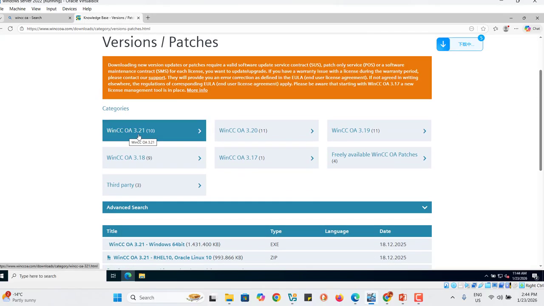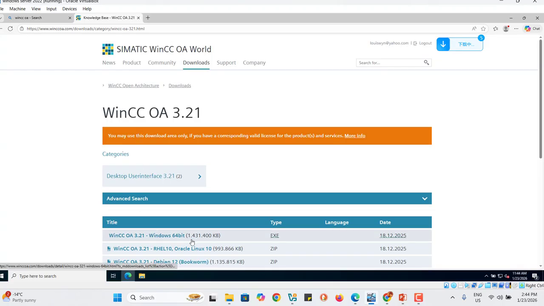WinCC OA 3.21. This is a very new version, just released last month. Okay, I just installed this one. I've done it already. If you want to install WinCC OA 3.20 or 3.21, you should know the requirements: just install Windows 11 Professional or Windows Server 2021 or 2025. Okay,